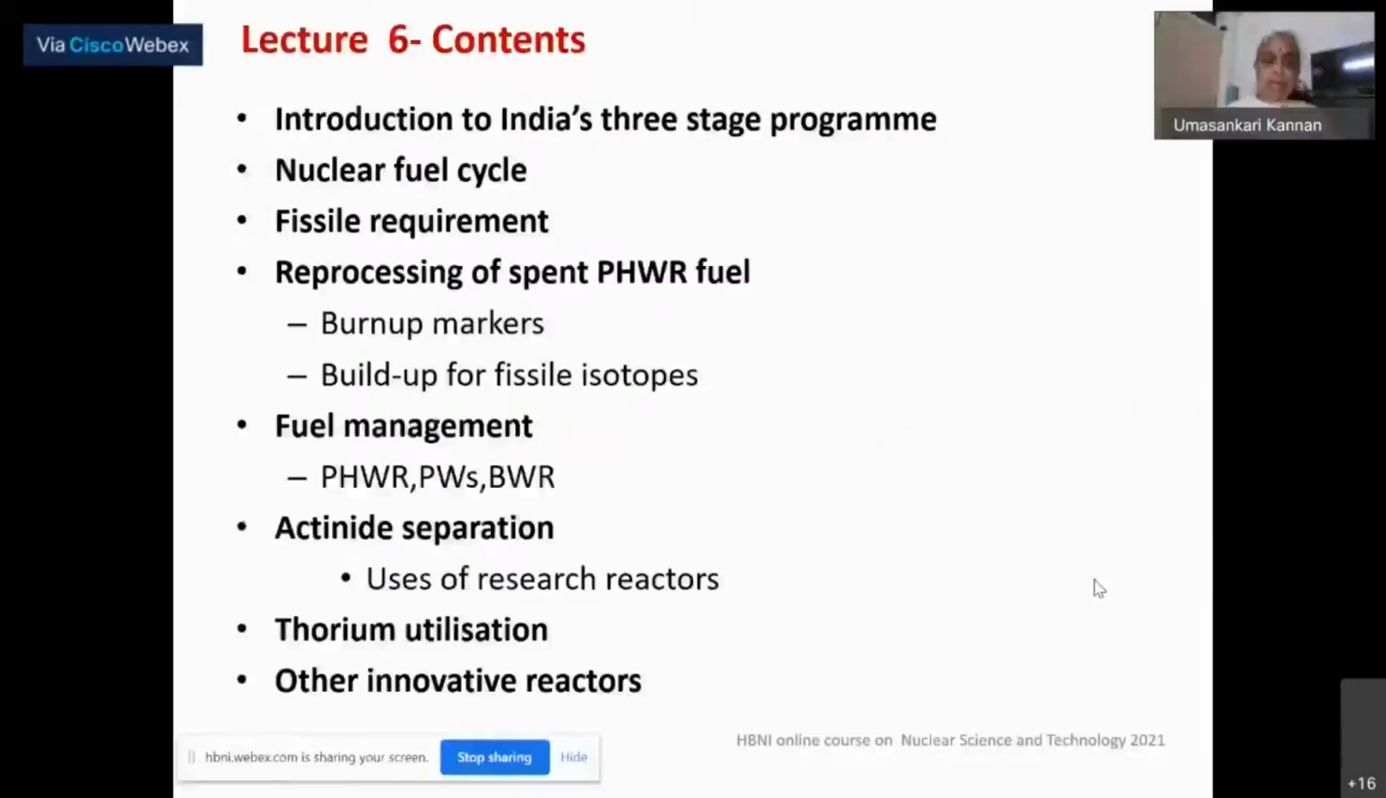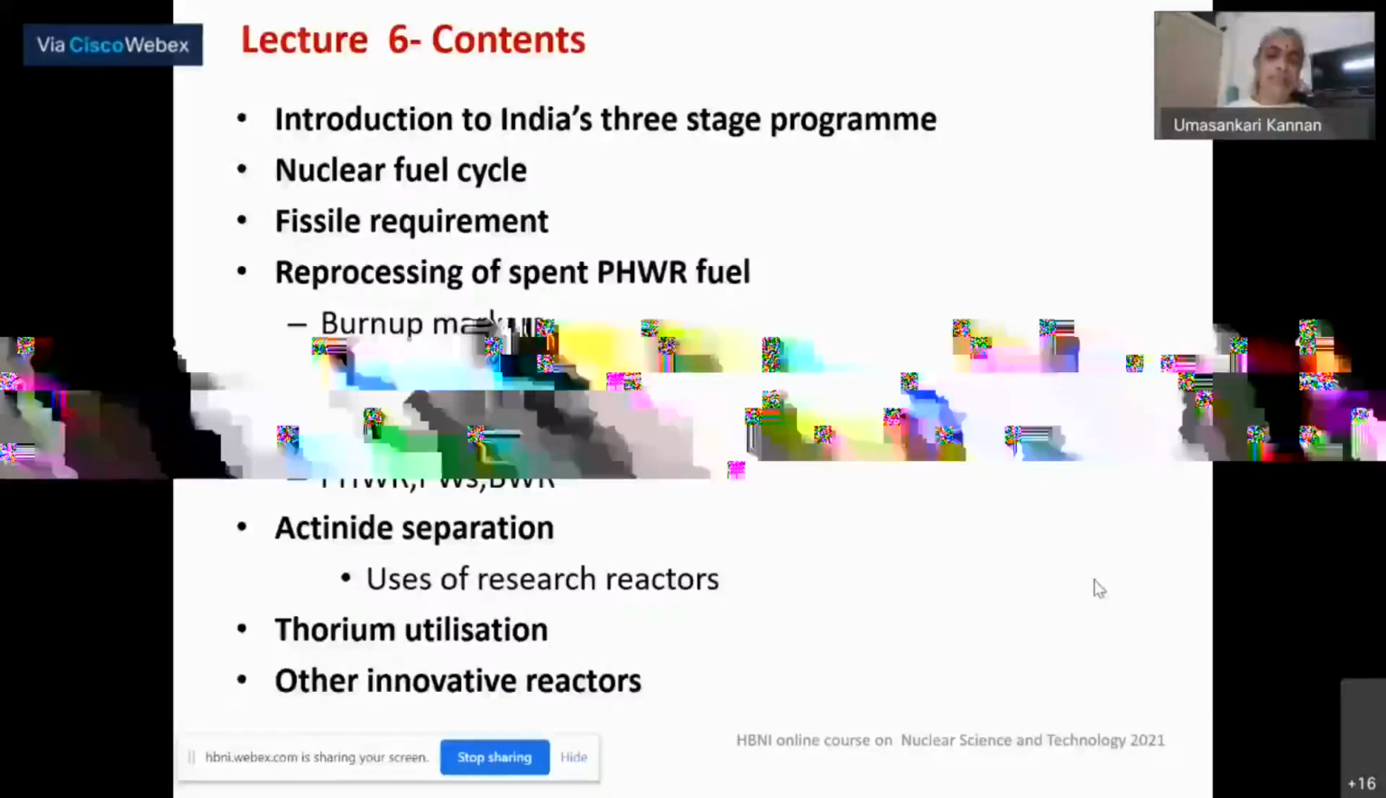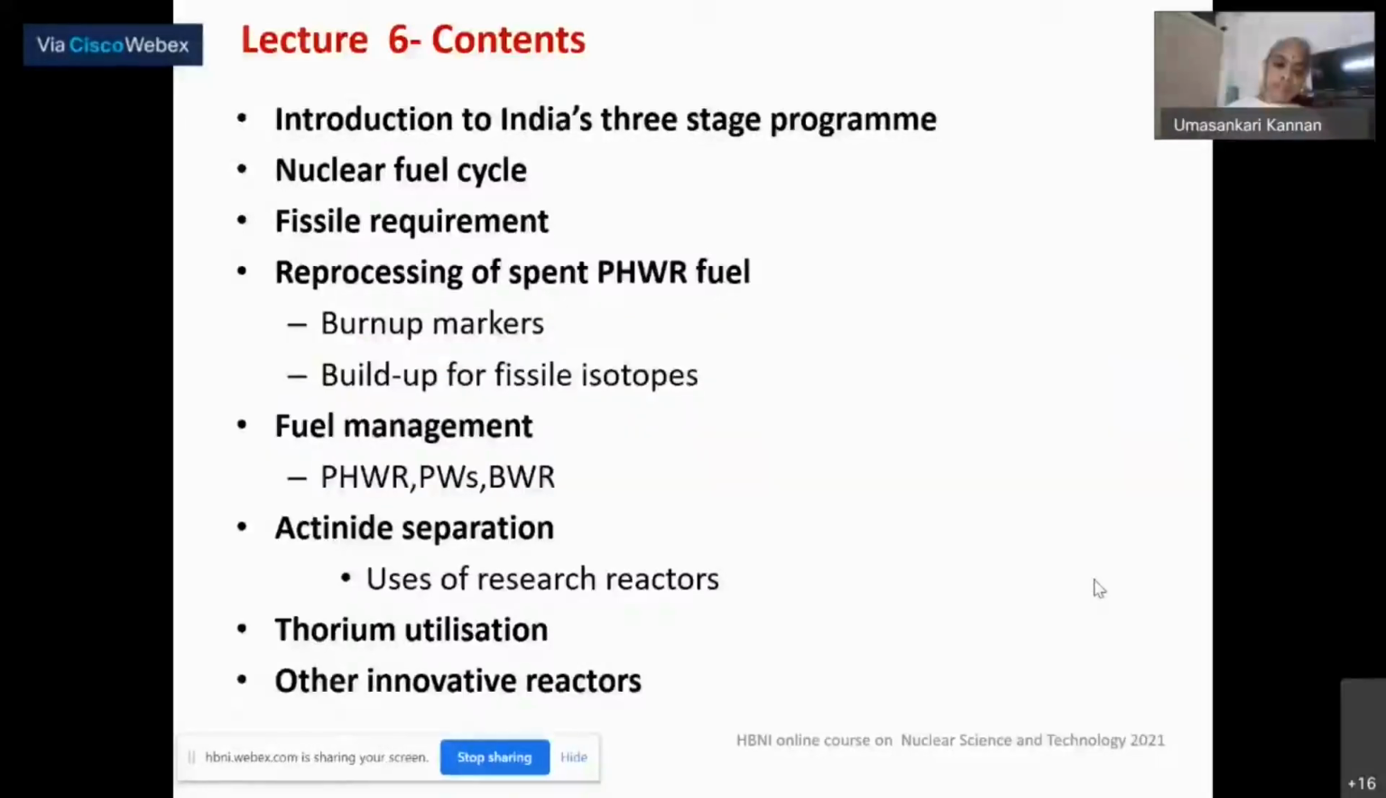So today, I would like to introduce you to India's three-stage energy program, which you must have heard of in many places, and you must have looked into the net also for information. We will look at how our nuclear fuel cycle is going to be geared up for this three-stage program, what the fissile requirements are at the different stages, why we have to reprocess the fuel in order to be efficient and self-sustaining in fuel for the Indian nuclear program, and how the fissile isotopes build up during irradiation in the reactor,